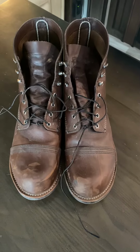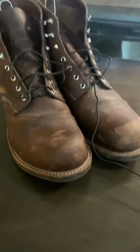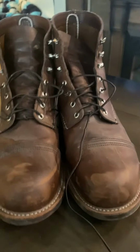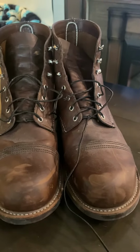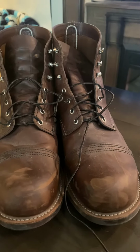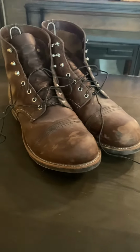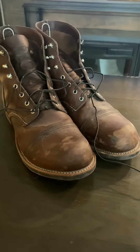So I thought I'd do a video on my Red Wing Iron Rangers. I watched a lot of videos, and a lot of guys get boots, they don't fit them. They tell you to go a half size smaller, which is correct. Half size smaller works. But the width, I'm 54 years old, and I've had a pair of these in my